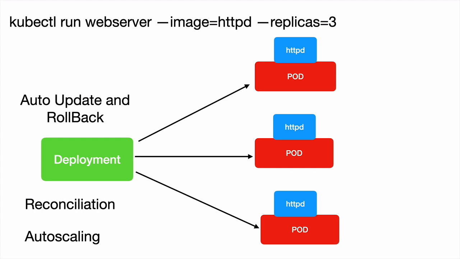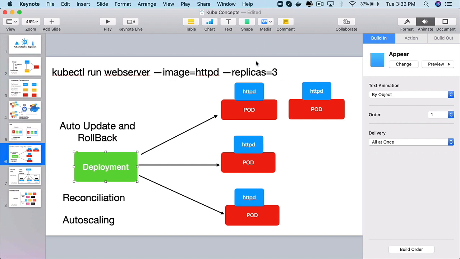So auto updates and rollback, meaning we can go back to a certain version of the cluster through the deployments. We can ask Kubernetes to reconcile, meaning if one of the pod here out of these 3 goes down, Kubernetes always knows by looking at the deployment that the user has requested 3 replicas at any point in time. So if one pod goes down, automatically it will create another pod. So it looks at the deployment, it looks at the cluster, and then that is how it will reconcile the